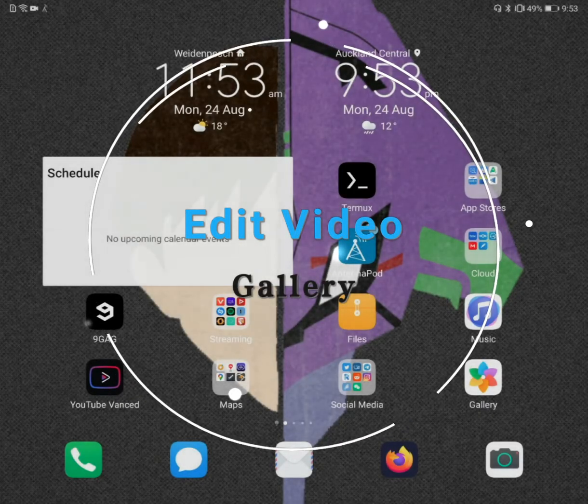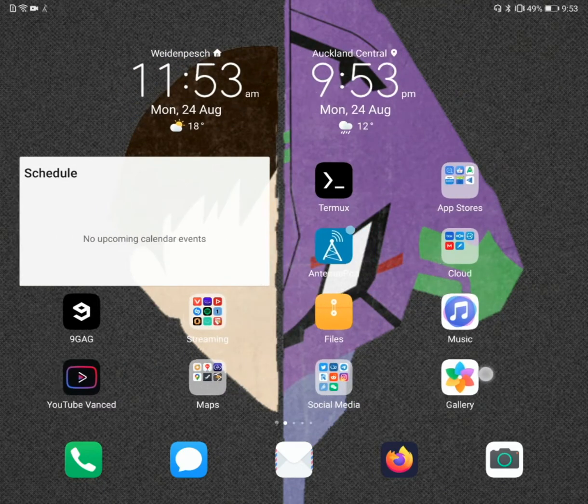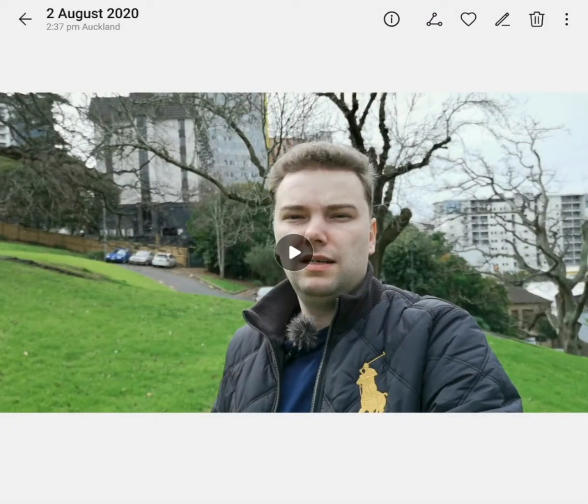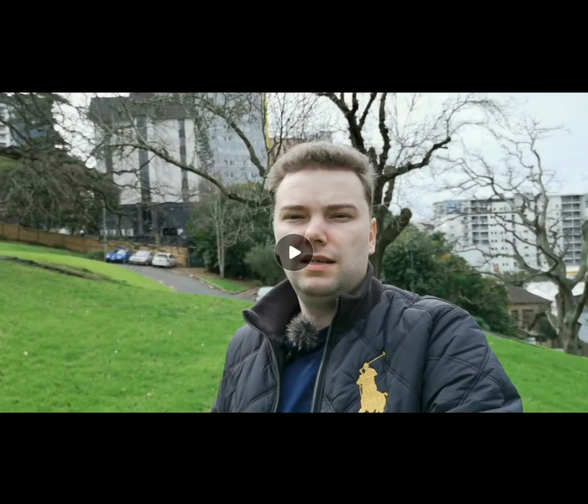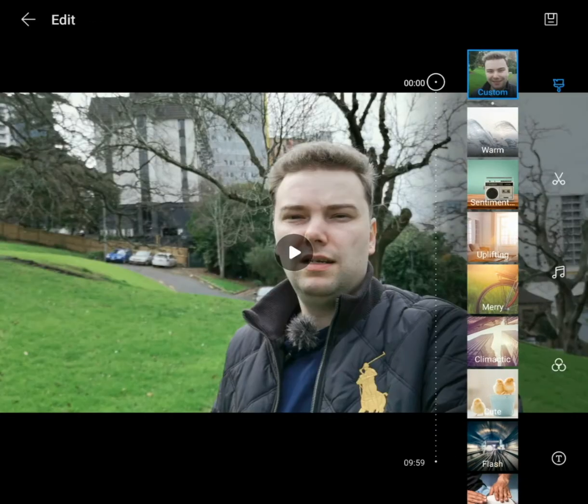This time around we want to check out how it is possible to edit a video on a Huawei device without installing additional video editing software on the Android that is running on the Huawei device. All we have to do is go into our gallery, choose a video, and when we are in a video we have the edit option here on the top, where we can just press on it, and this allows us